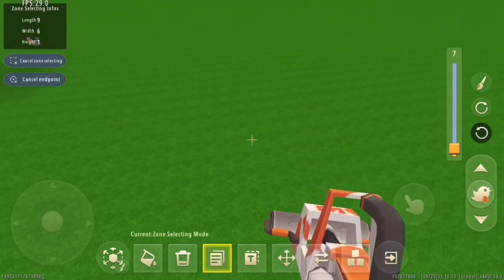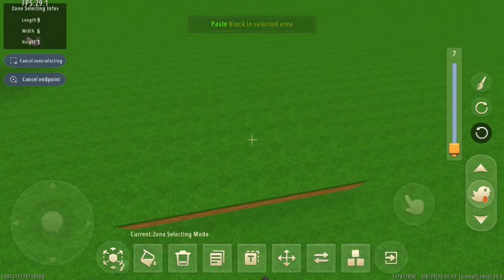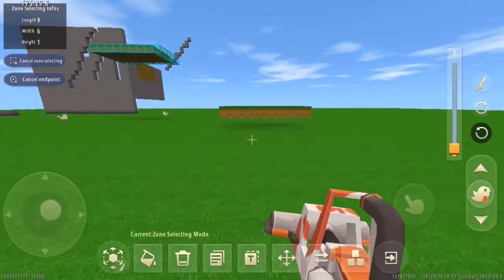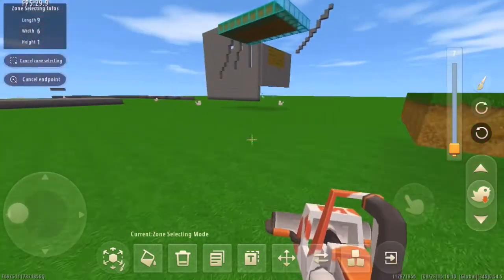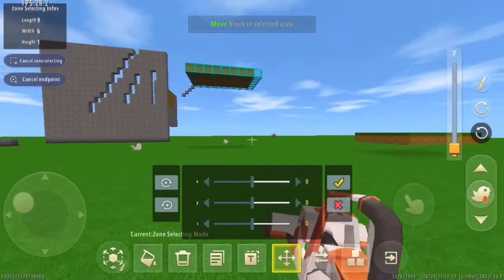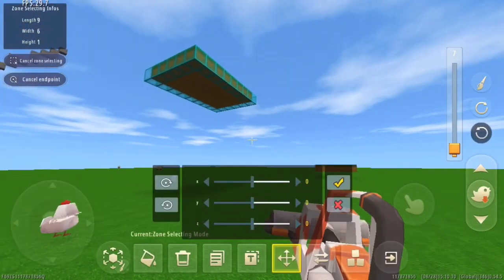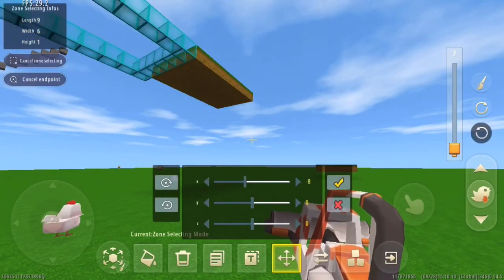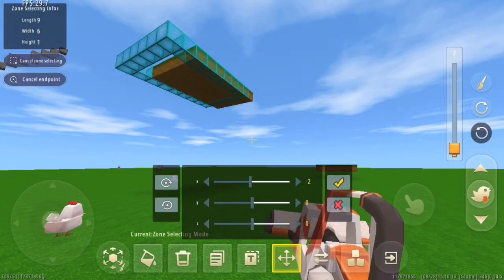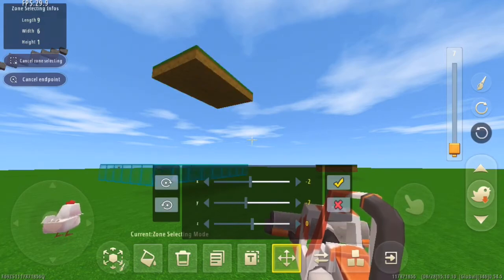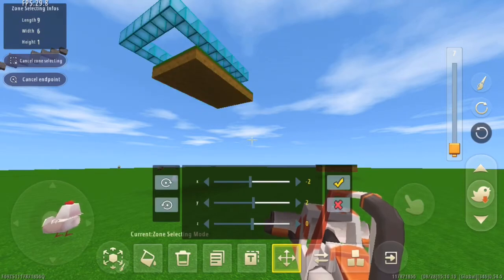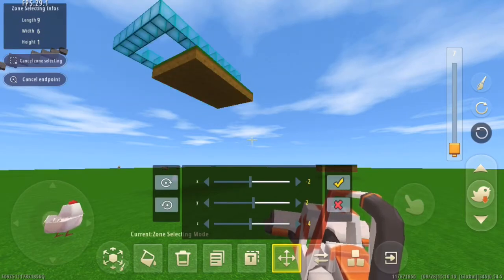You can copy this area and then you can do whatever you want with it. Like right now, I just pasted it. So that duplicated it and moved it to whichever position I wanted. These right here control the position of that marked out selected area you just made.